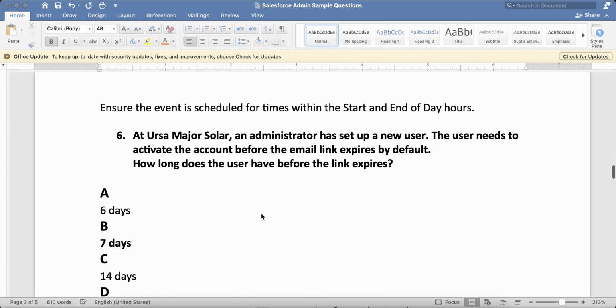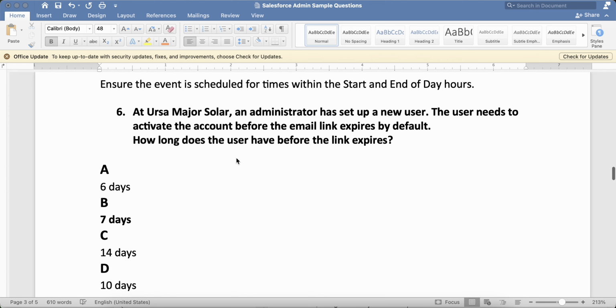So at Ursa Major Solar, an admin has set up a new user. The user needs to activate the account before the email link expires by default. How long does the user have before the link expires? So by default it is set to 7 days.